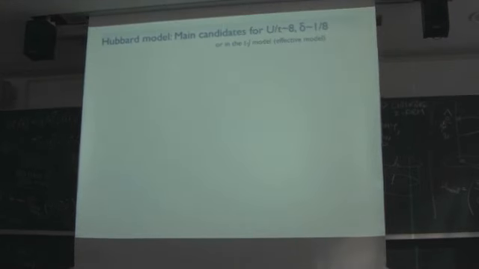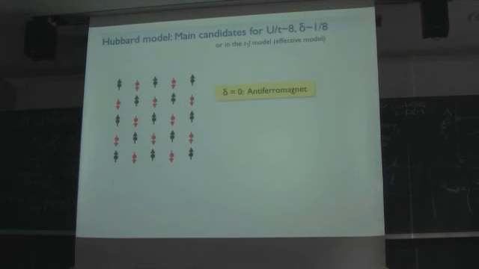Now, there have been many predictions of what the ground state phases of the 2D Hubbard model are, and I will focus here on the main candidates in the strongly correlated regime, so U over t around 8, which is a typical value relevant for the cuprates, and then 1/8 doping. And there also have been many predictions for the t-J model, which is an effective model of the 2D Hubbard model. So the most basic question is, let's go to 0 doping, where we know that the system is just